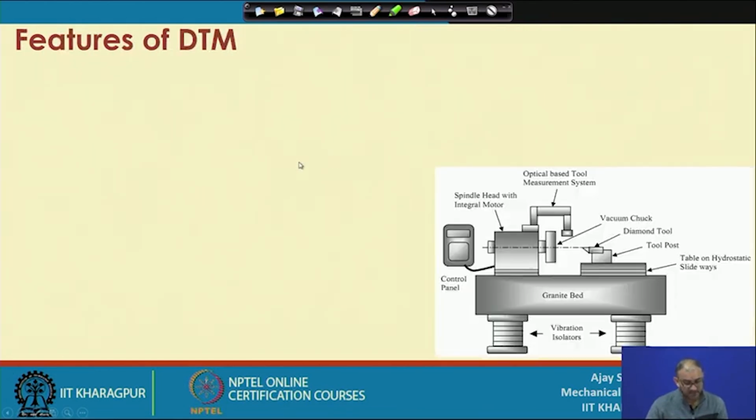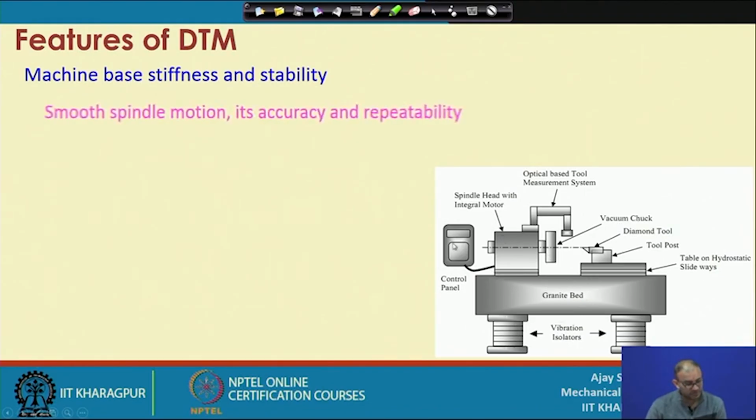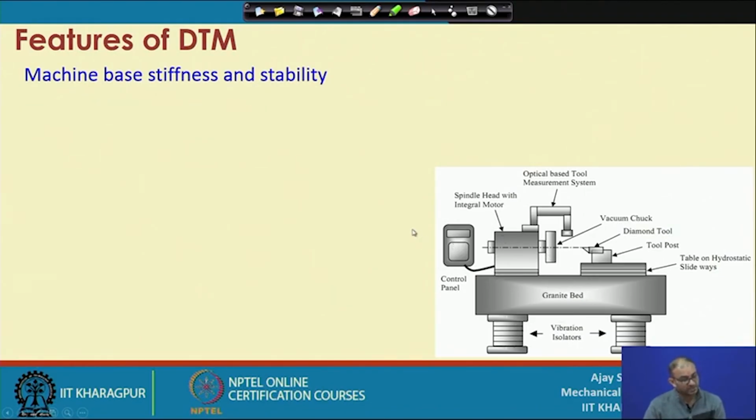What are the features required in the diamond turning operation? So, first thing is the machine base stiffness and stability, because if you use a granite bed, you will see most of these features align with the machine construction we have discussed in micro machining, because there also we need a very high damping coefficient of material, then we need very high stiffness in the structural loop. Everything is required here also, because here the requirement is even more stringent, because our depth of cut is